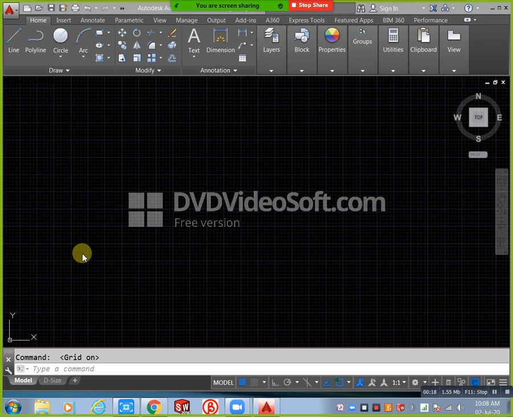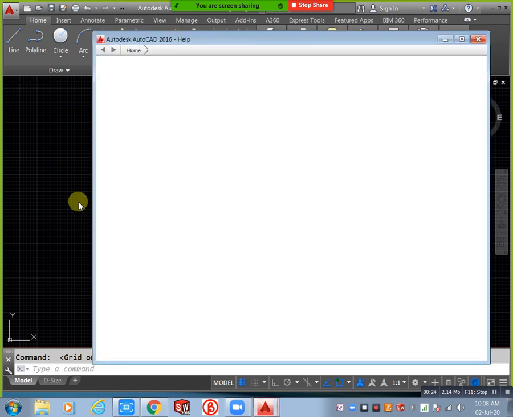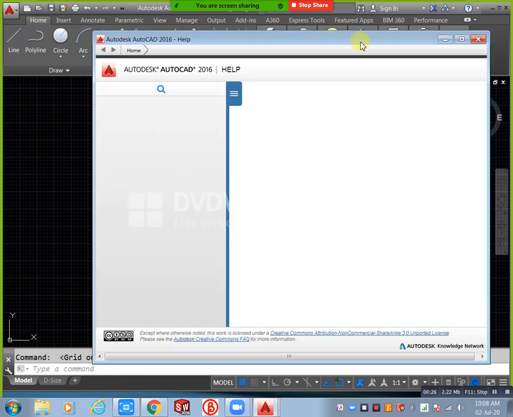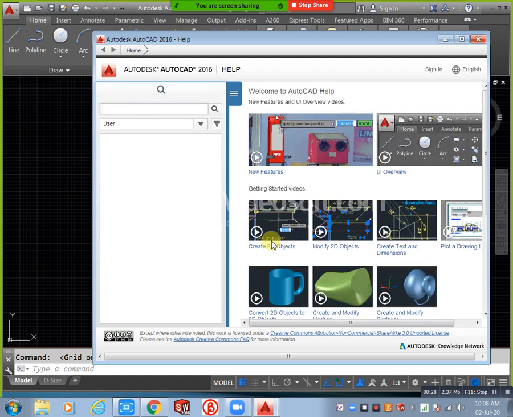When you press F1, a dialog box automatically opens. Just you can see now. This is the help dialog box. For example, I am working with AutoCAD in a company. A new version came, 2021-22, and some commands were added in that version. In that condition we need to know about that command. I don't know about that command.